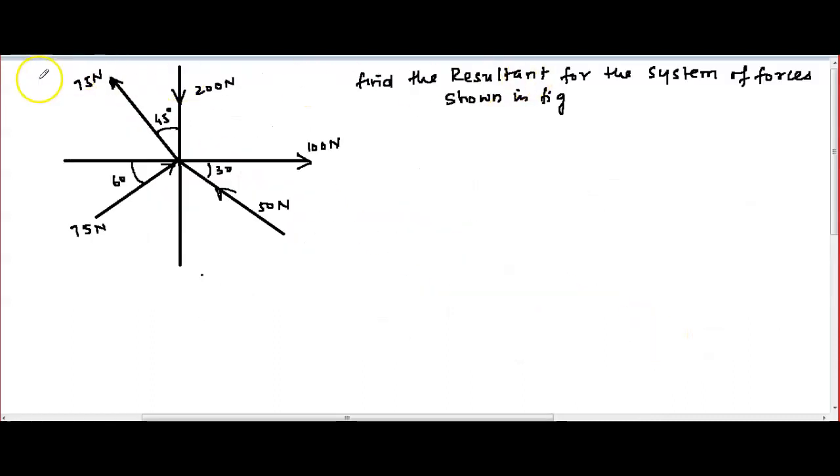See here, the last question which we did, and this question is completely different. If any force is given with the y-axis and x-axis, and this one is F1, going outside, and theta is the given angle, then I can write this as F1 cos theta and this as F1 sin theta, right? Only when this force is going outside.